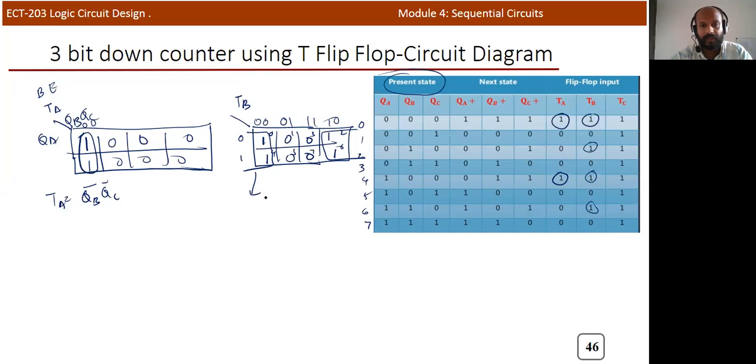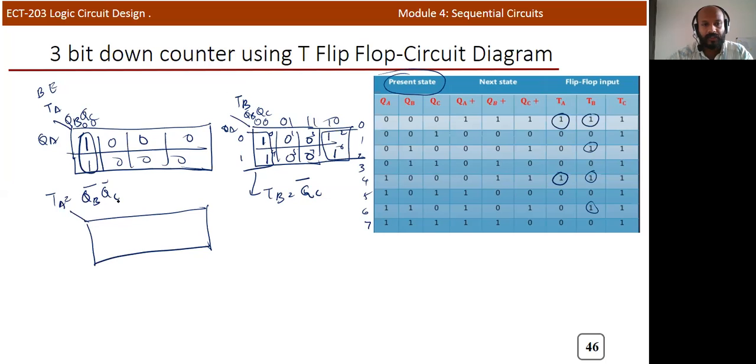So based on this, TB can be written as, this is QA, QB, and QC. So in the first and last column, QC bar. So we got TB equal to QC bar. Now we need to design